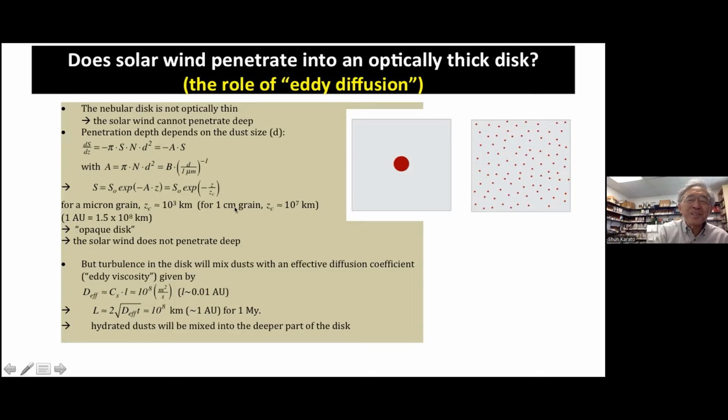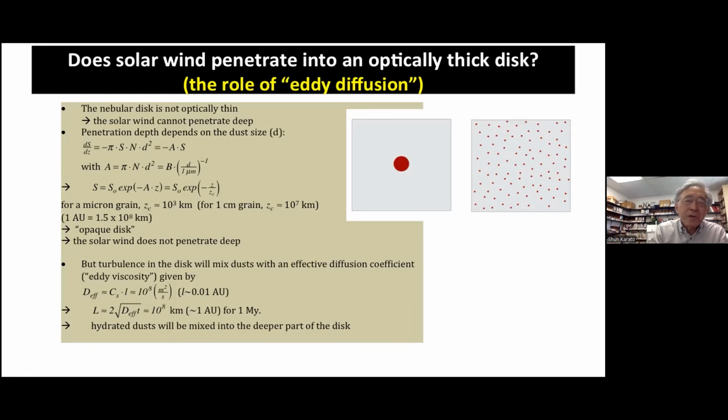And you can do a very easy calculation to show that if the dust size is 1 micron, the penetration depth is about 1,000 kilometers, which is a very short distance compared to 1 AU. If the grain size is 1 centimeter, it's 10% of an AU. It depends on size, but still not quite 1 AU. So it's opaque. And then we may say, oh shoot, the solar wind mechanism doesn't work because the nebula is so